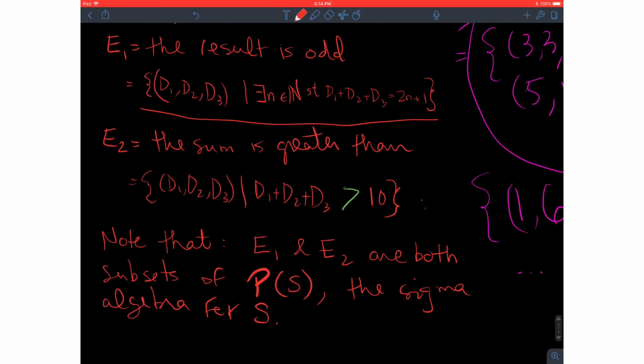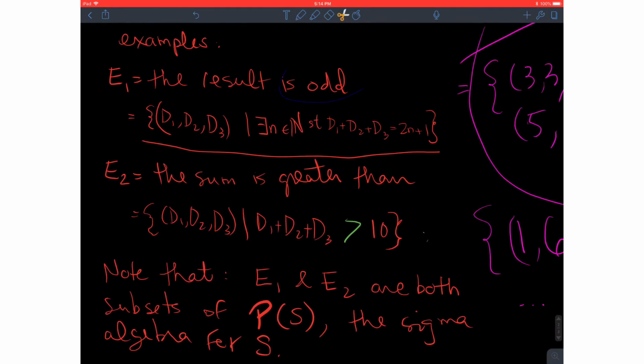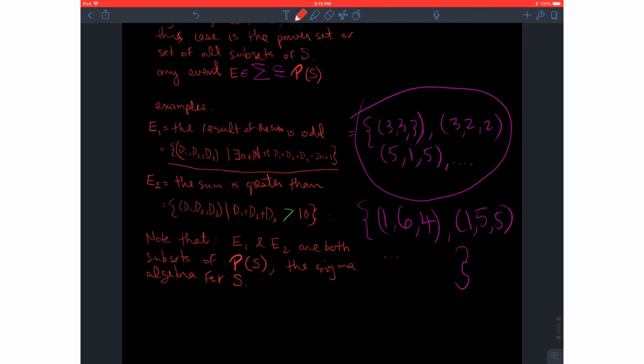Okay, so an example. Remember, we've rolled 3 dice. Here I should write: the result of the sum is odd. So you would write that out as D1, D2, D3, such that there exists an n in the natural numbers such that the sum is equal to 2n plus 1. That's the formal way of writing that. And then you could start to enumerate them, and here's a few elements of it. And then there's a lot more,